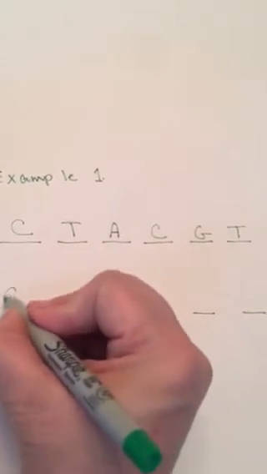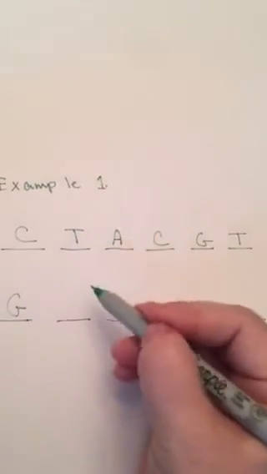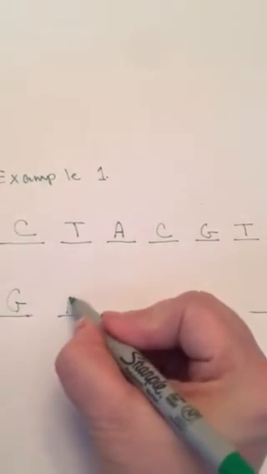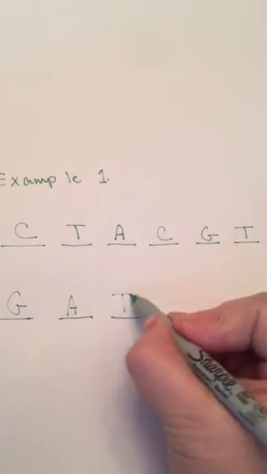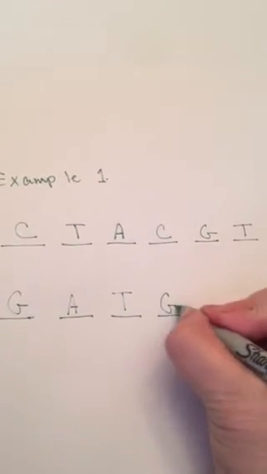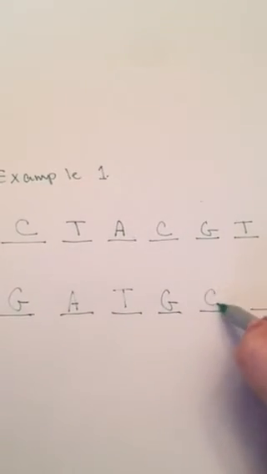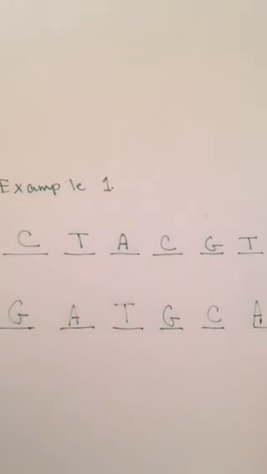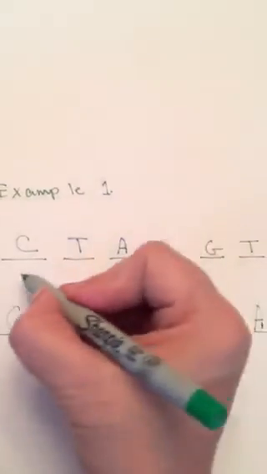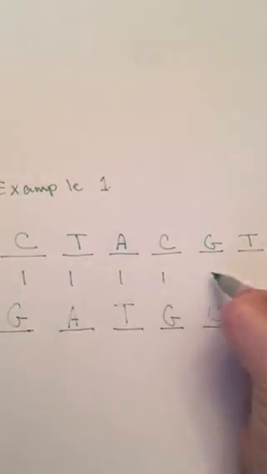Cars and garages, right. CG, so trees and apples. So it would be A, apples and trees, cars, G, C, and T, A. So now that we have those paired together, we see that we have